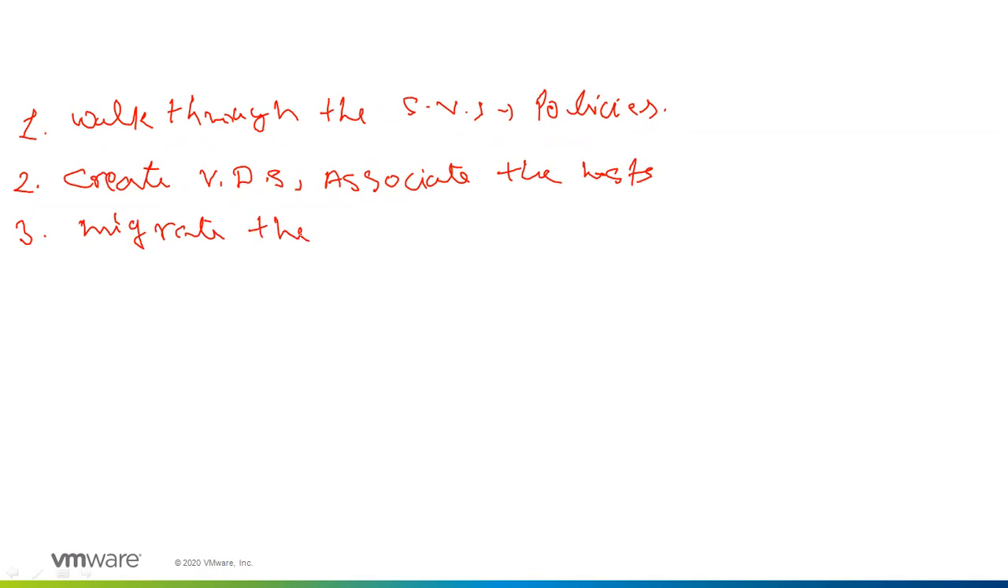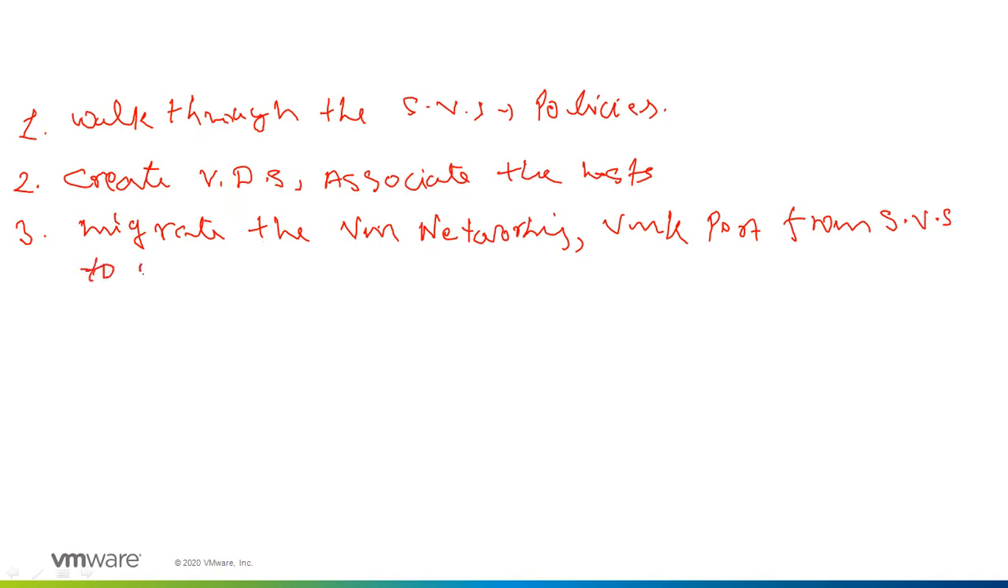migrate the virtual VM network and VMK port from standard virtual switch to VDS. And fourth is